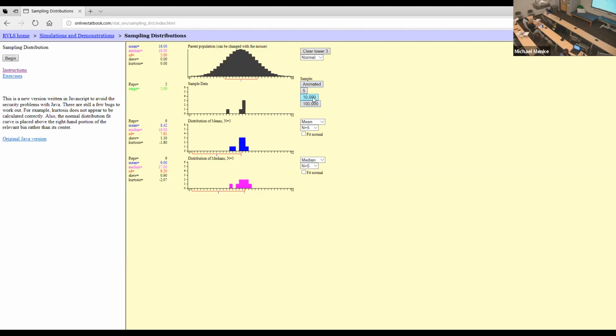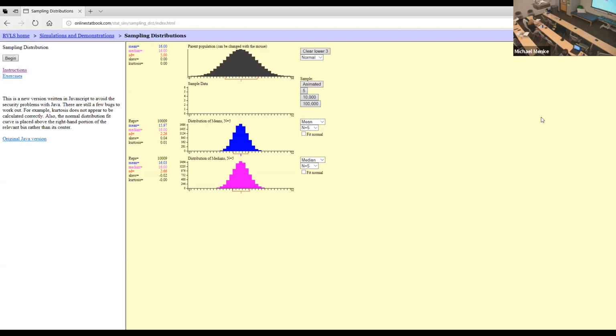So let me kick it up a little bit. And I say I drew 10,000 samples. What do you notice about those 2 distributions? Or either one? Yeah, and they're approximately normal, right? And that's based on the central limit theorem, which is actually what got me interested in statistics. It's magical. So we draw a distribution of sample means, we plot them on the 3rd graph down, and it magically becomes